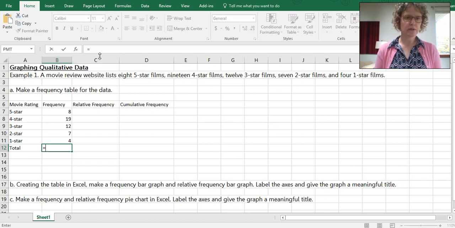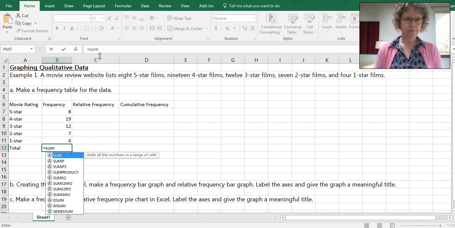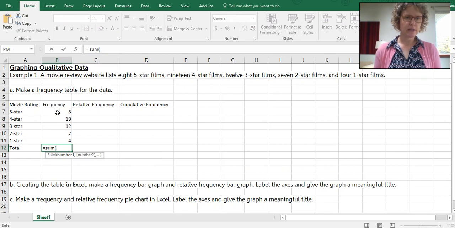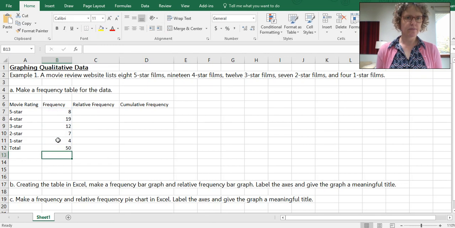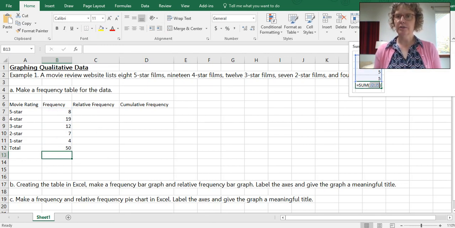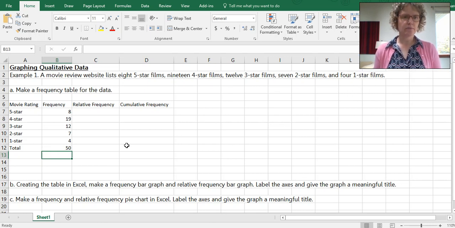So we go equals sum, and when I open the parentheses, then I can click on these. You could also use the auto sum right here. It might be behind my picture, but auto sum will usually take just the cells right above it or to the left of it. Okay, so we have our 50.